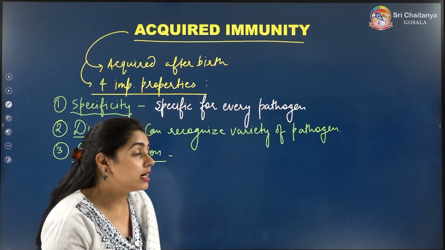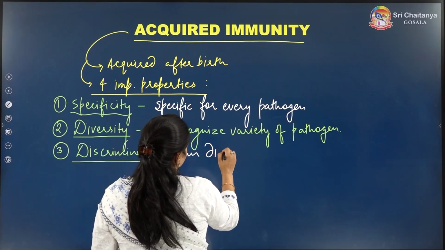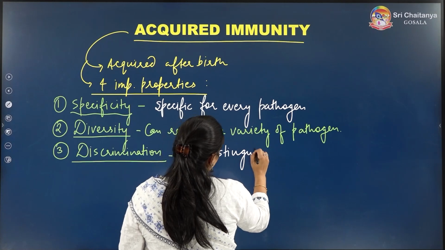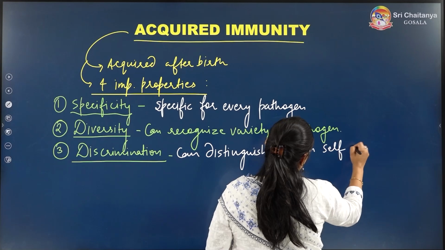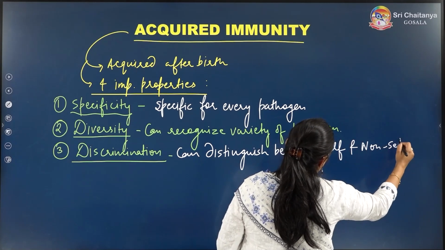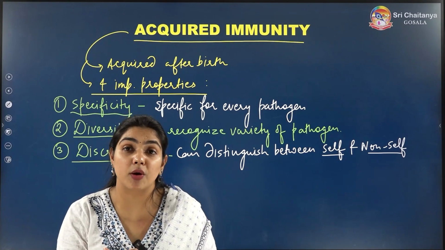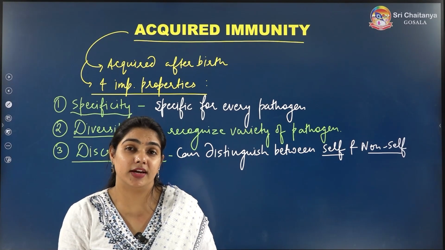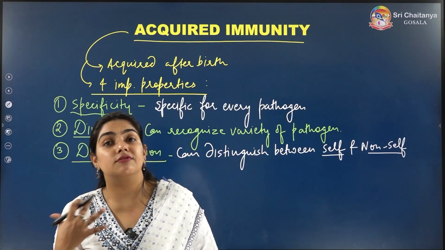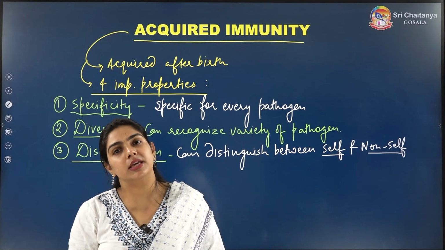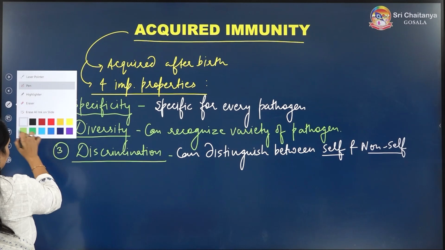So your acquired immunity can distinguish between self and non-self. Self means it belongs to your body. So if something belongs to your body, it will not be destroyed by the immune system, right? But if something does not belong to your body and comes from outside, that will definitely be destroyed by the immune system, right? So it is amazing, isn't it? Next property,